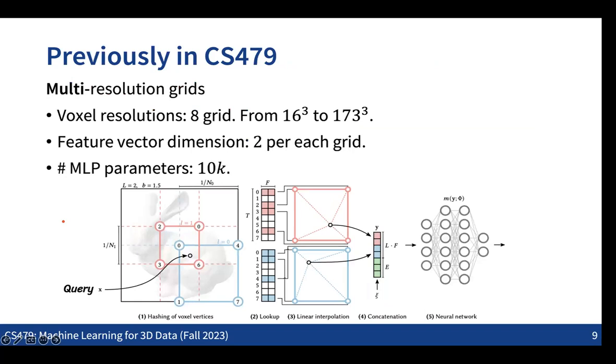And there are also several ideas in terms of how we can further compress all the information. One simple idea was basically using multi-resolution grids. So now we are not having a single resolution grid, but basically having some grids that all have different resolutions, in a way that each of the grids is encoding either some global information or some local information.